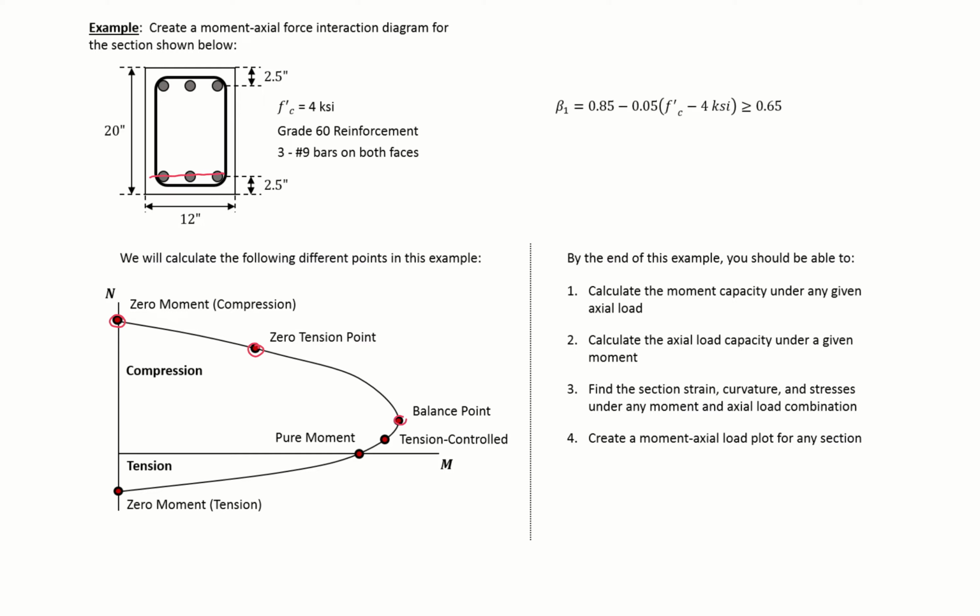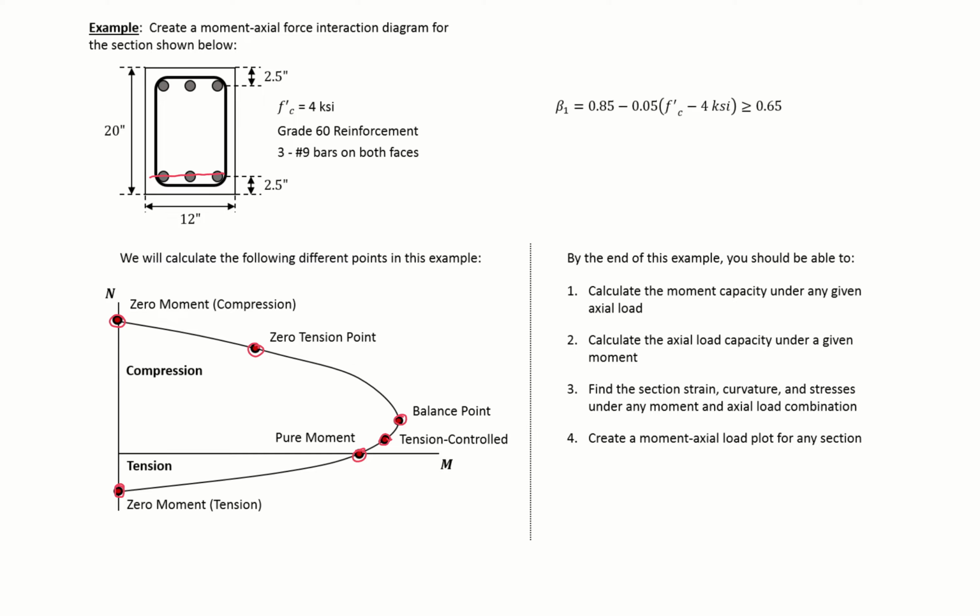the balance point where our steel yields at the same time as our concrete crushes, the tension controlled point where the strain in our steel equals 0.005, which is our tension controlled limit for ACI, the pure moment capacity when our axial force equals 0, and then our zero moment tension point, so our pure